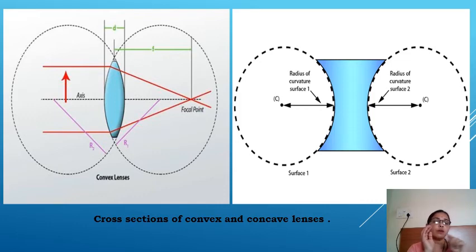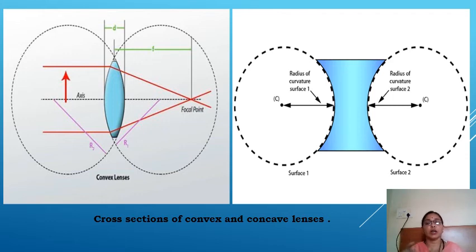Focus is where all the rays come and meet together at one point. And one more point it has, which we call 2f. On this side I'll take F1 and 2F1. On this side it is F2 and 2F2. What is F2? It is the focus, the principal focus. What is 2F2? It is the radius of curvature, that is, the distance from any part of the circle to the center. We call it the radius of curvature.